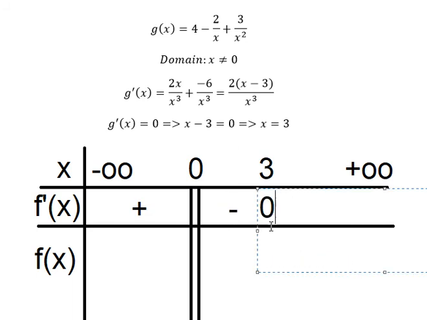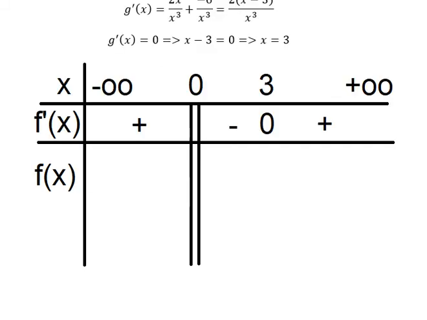This is a critical point because x equals 3. The last one, if we put 4, 4 minus 3 is 1. 4 to the power of 3 is a positive number. So the first derivative is positive in here. And now we just draw